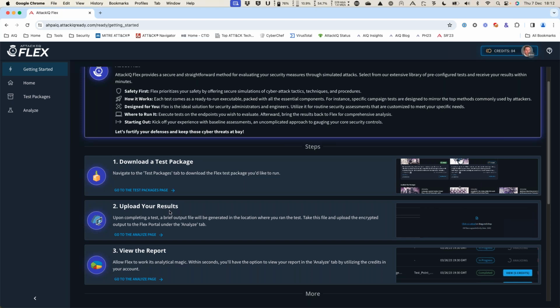It's going to produce an encrypted output that you then upload into this Flex tenancy. And then that's going to produce a report for you. And it's the report that ultimately you're paying for. Now, Flex is credit-based. You can see I've got a number of credits here that I can utilize, and different